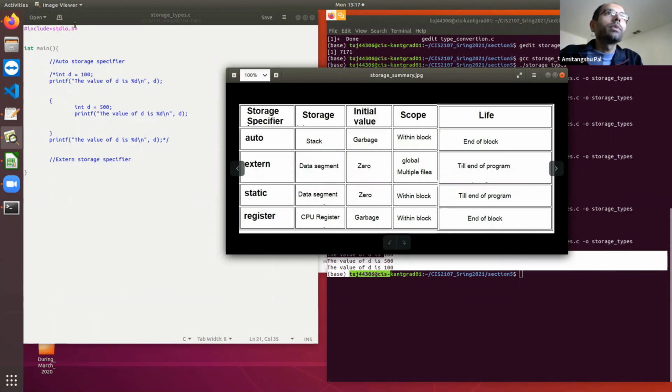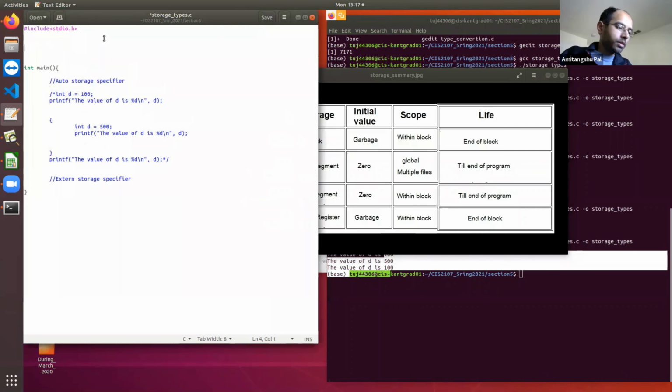So let's take an example. Say int i = 100. This is a global variable. Now I am writing a function that is going to double the value of i.